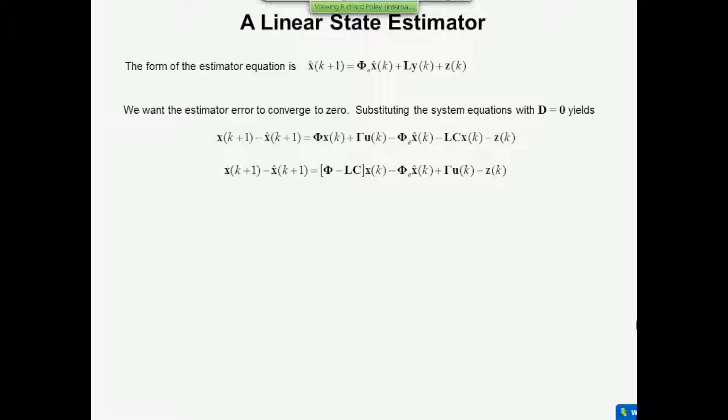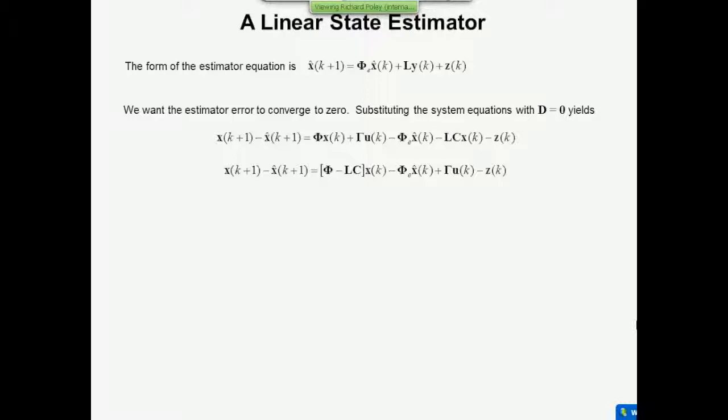Now, we want the estimator error to converge on 0. So, in principle, assuming that you know for the moment what the actual state is, if you subtract the estimated state from the actual state, you'd like that to be 0. So what we'll do is look at the left-hand side and subtract x hat of k plus 1 from x of k plus 1.